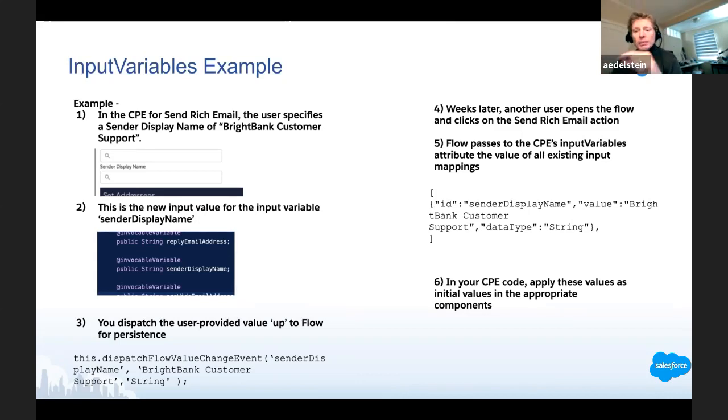At runtime, this action is going to get called, and these values are going to get populated with any values that the user has provided. So the user is saying, hey, when you run this flow, I want Brightbank customer support to get passed in to be the sender display name. That's great. Now mechanically, in order for Flow Builder to find out that, because remember the user, the CPE, that's your CPE HTML. Flow Builder